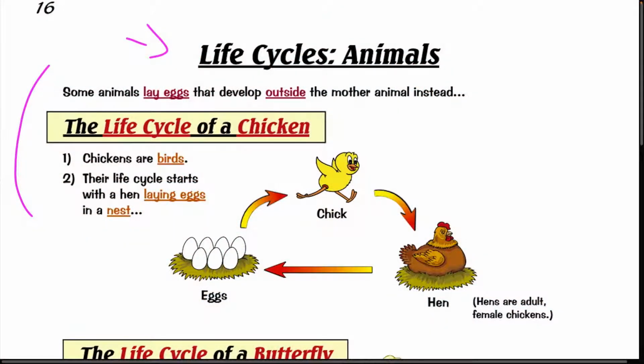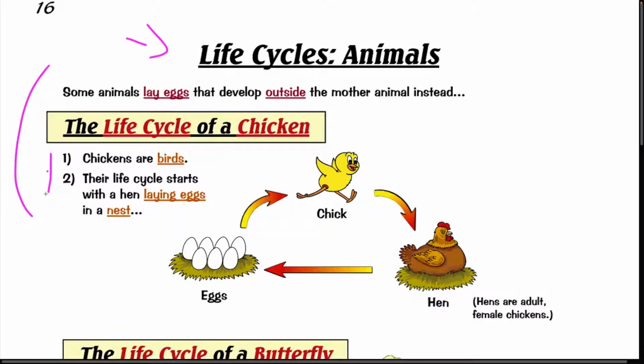So the first one is the life cycle of a chicken, right? So number one, as we can see here, right, in the writing, we have here this one, right? Chickens are birds, ou seja, chickens, né, que quer dizer que é um nome geral para frangos em geral, né? A gente vai ver aqui que a gente vai poder nomear também como galinha, né, ou female actually. Então, chickens are birds. Eles são tipos de birds. O que é bird? Se você não sabe, né, procure aí pro teacher, right?